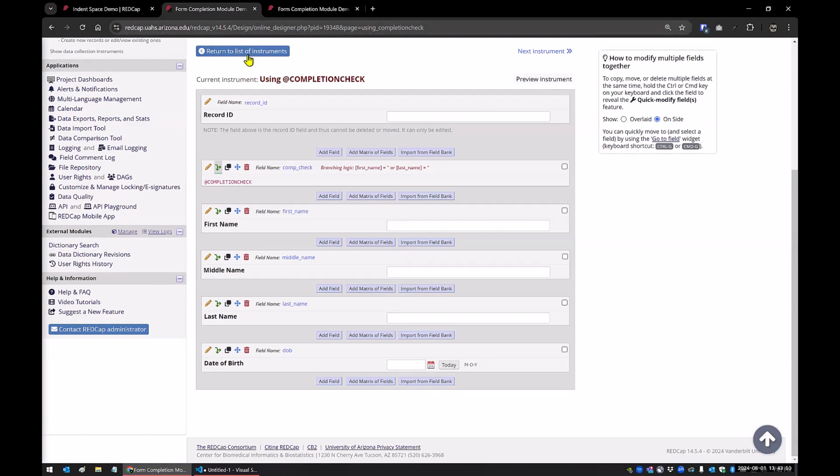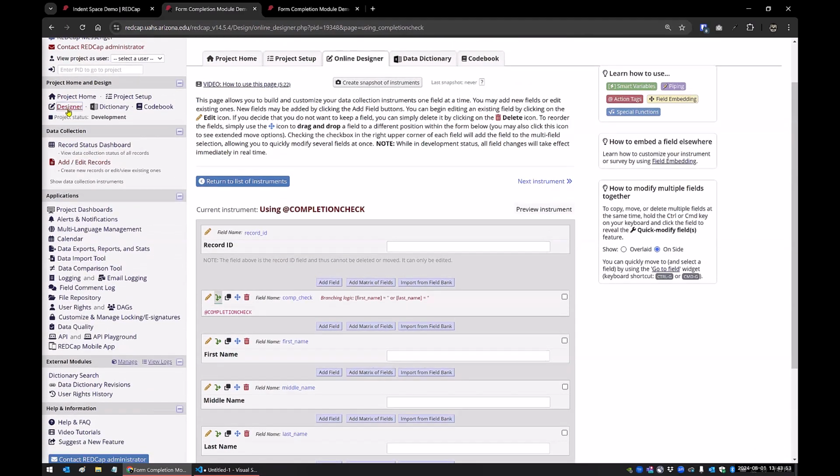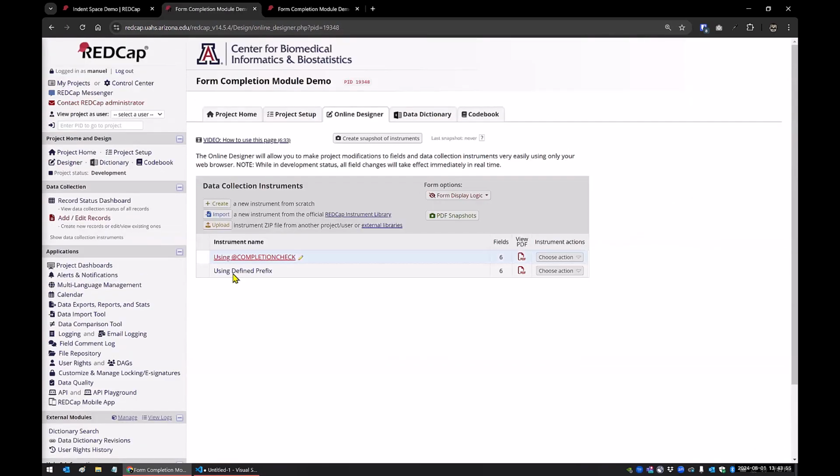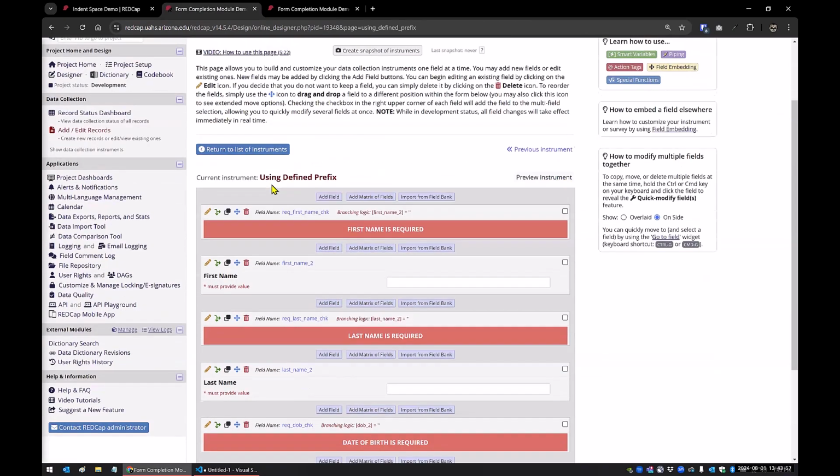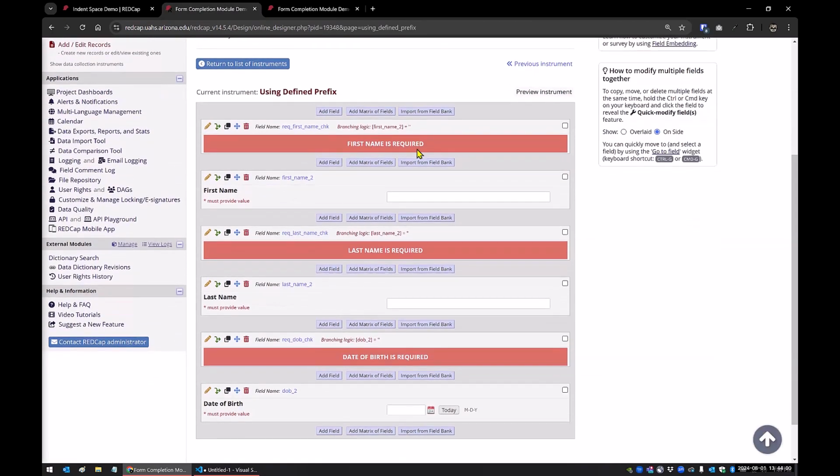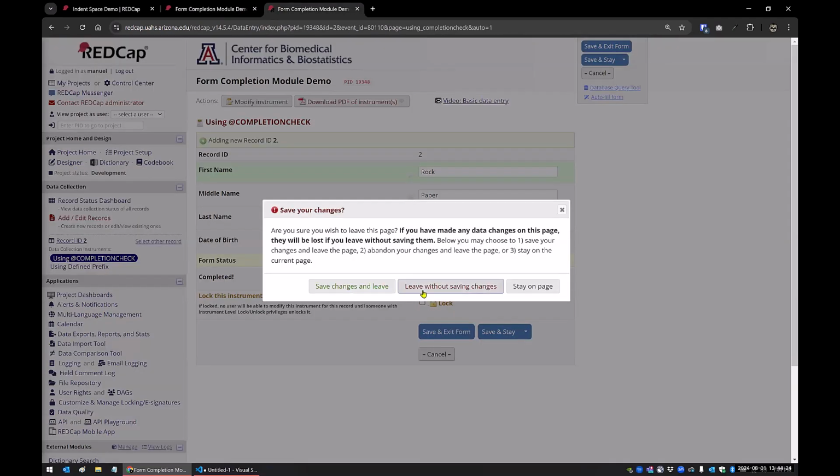So the next thing is that it can be multiple fields that have a prefix. For example, if I want a banner for the first name, last name, and the date of birth, as long as I have this rec underscore prefix for the fields, then the module is going to go through those and use the branching logic for those. So right here I have that first name 2 is not blank, last name 2 is not blank, date of birth is not blank. So if we go to that instrument,